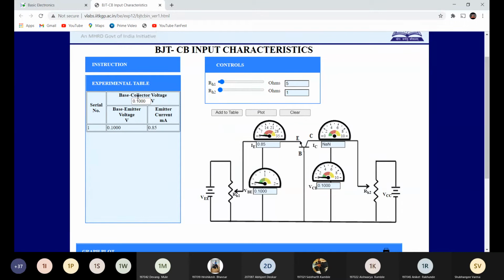See over here, we are going to make the VCB constant and change the VBE in steps of 0.1. Now make it 0.2, take the reading.